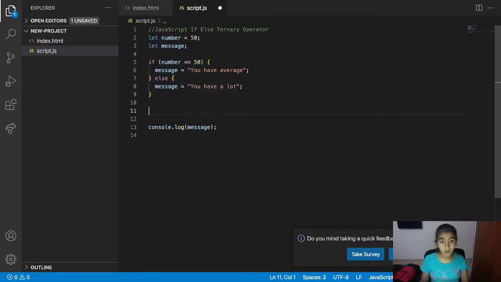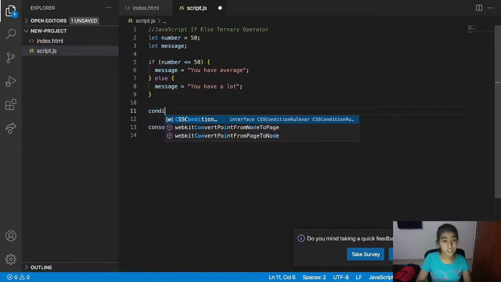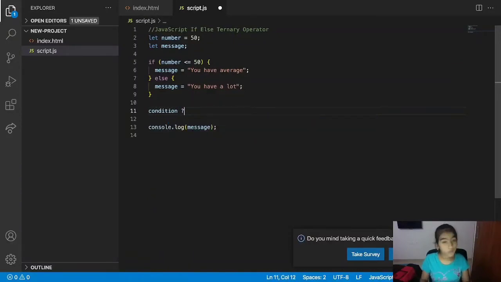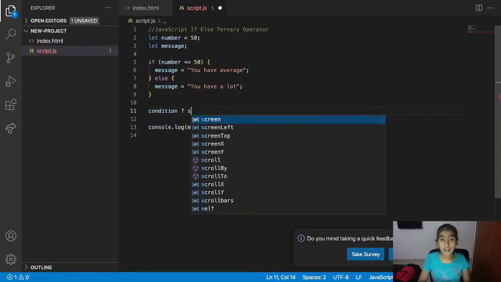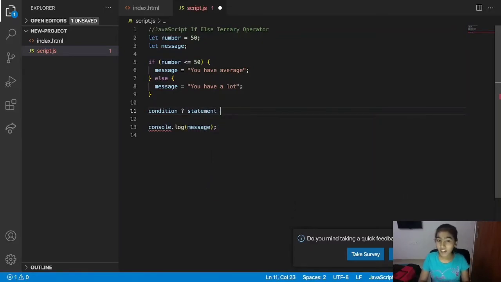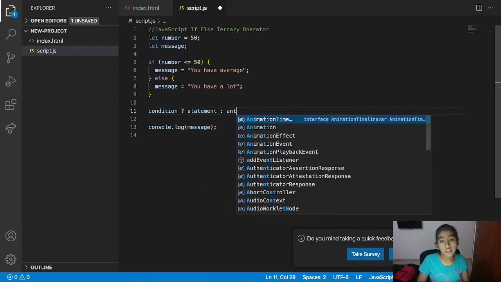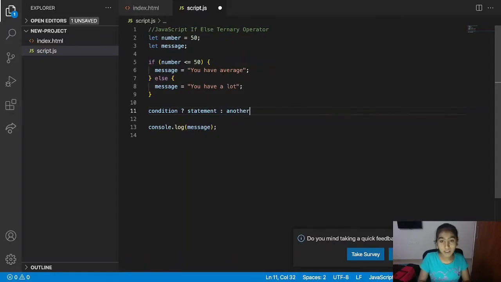Okay, so for a ternary operator, first there should always be a condition, and then a question mark, and a statement, and then a colon, and then another statement. Okay,